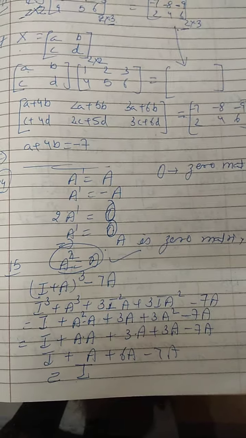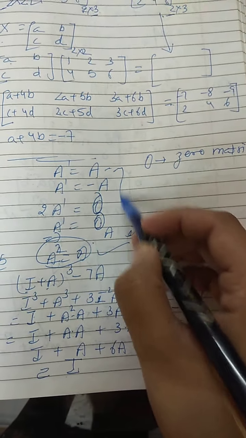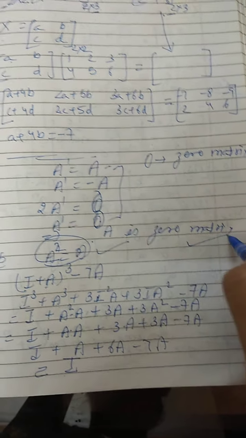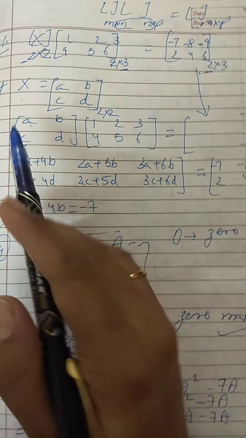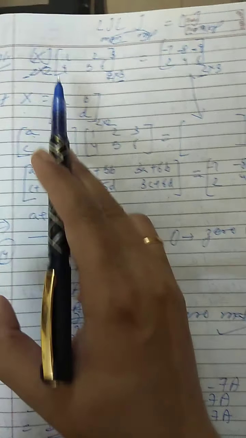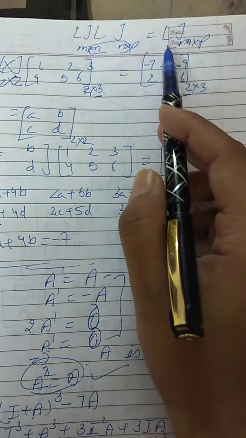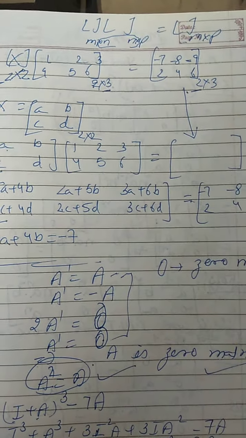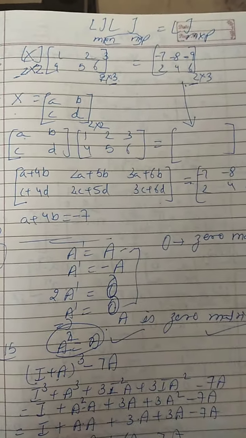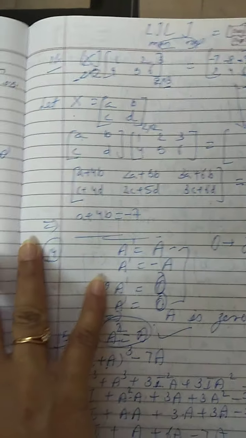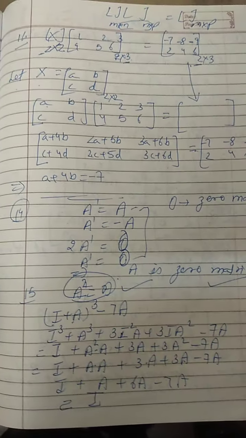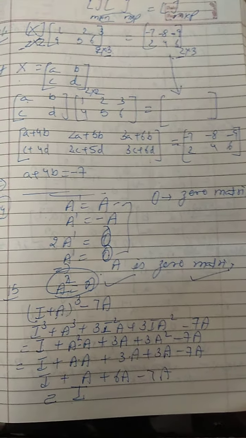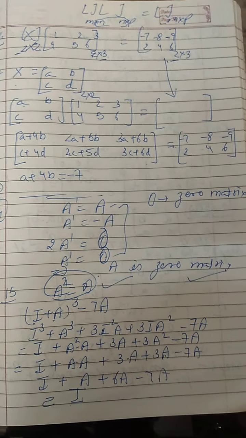Sum number 14, when we do this thing, we have just used the concept, it is coming the null matrix. And sum number 11 also, I have given you the hint, we will assume the matrix X as ABCD. The order we are taking from the concept of matrix multiplication, the criteria. Okay, I hope you can complete your exercise except sum number 12 that I will discuss in the next video. I hope you can do it. Okay class, thank you.